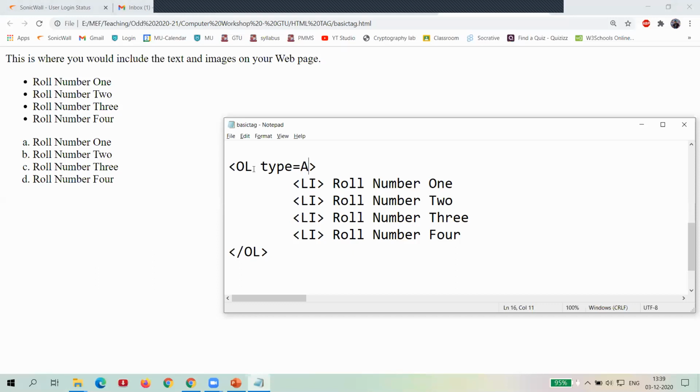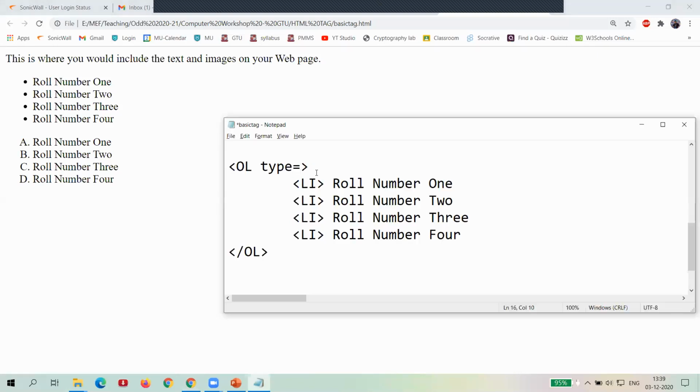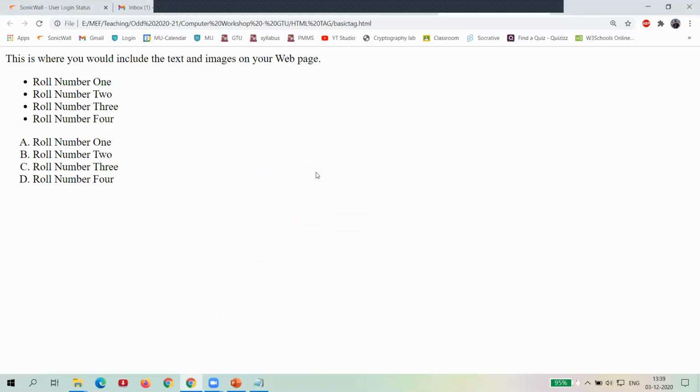Same for capital A, now you can see that is the sequence of capital letters. And if you do not mention any, then it represents the default sequence 1 2 3 4.